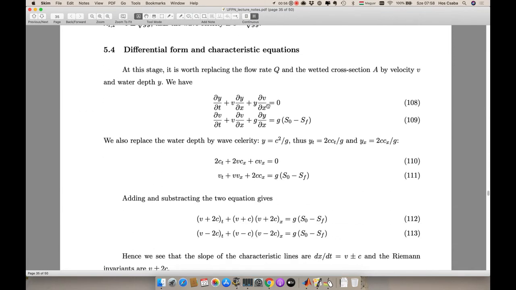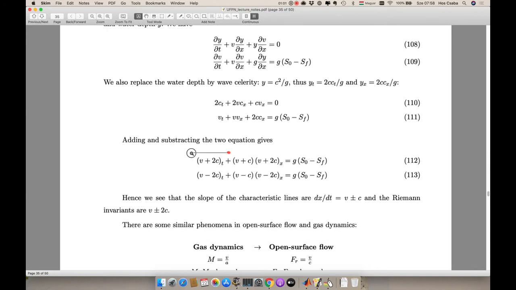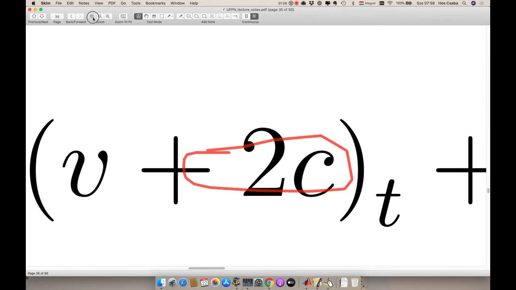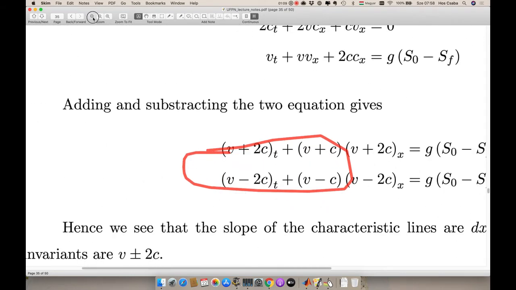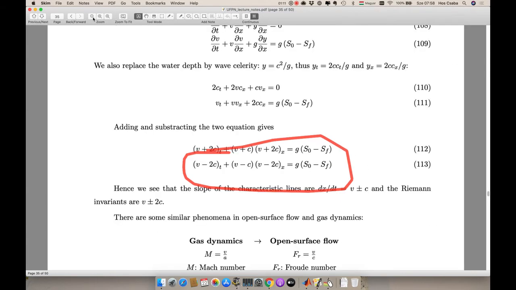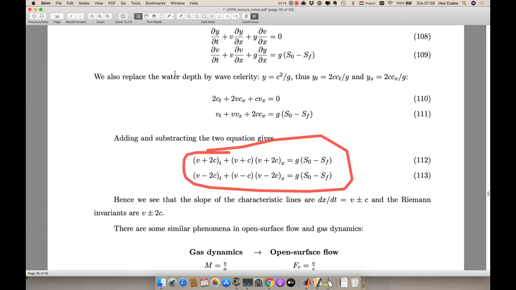Okay. And we also derived the differential form of the characteristic equations, which were very similar to the previous cases. So essentially you have a temporal derivative and the spatial derivative of the Riemann invariant, which is v plus or minus 2c. And then you have the source terms on the right hand side that we agreed can be pretty complicated because